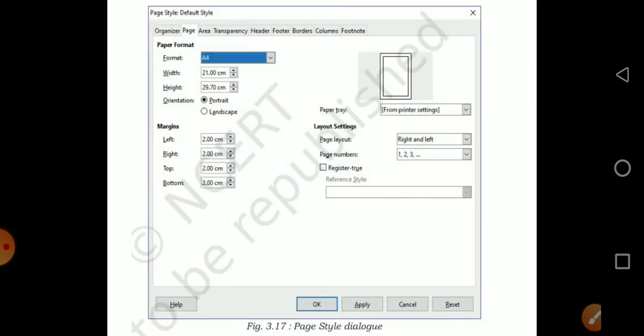This is the Page Setup dialog box, wherein you can choose the type of page, whether it should be in portrait format or landscape, whether the paper should be an A4 sheet or a legal paper. About the margins, left, right, top and bottom, you can set how far the text has to be from the margins. All these options are available in Page Setup. Click on OK, so that this page format will be used in your document.